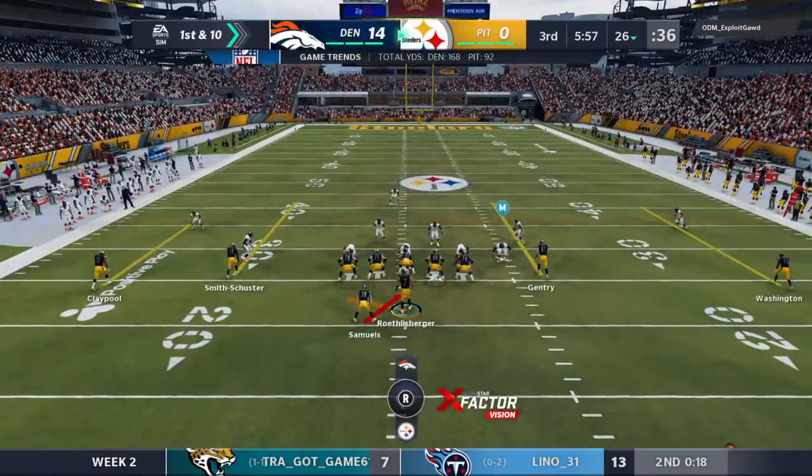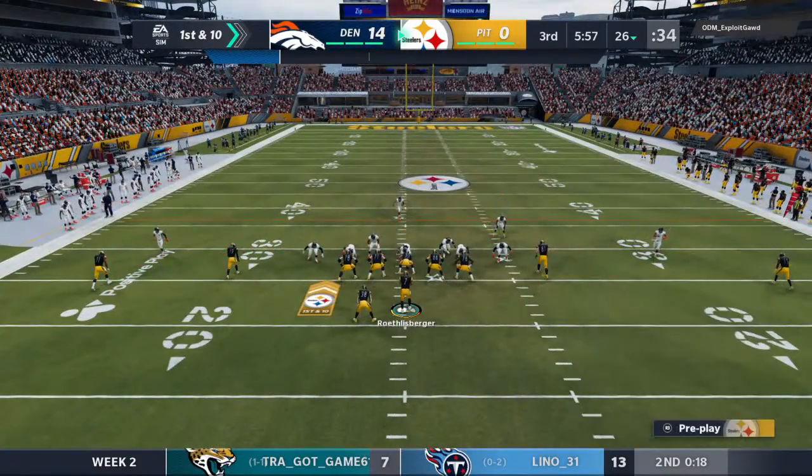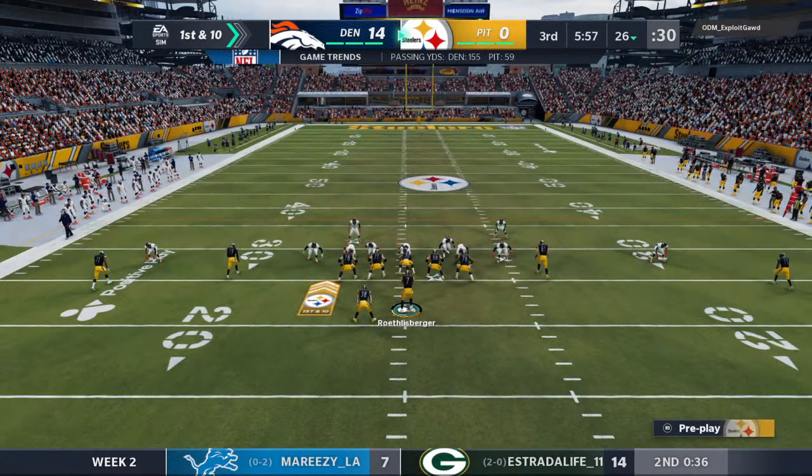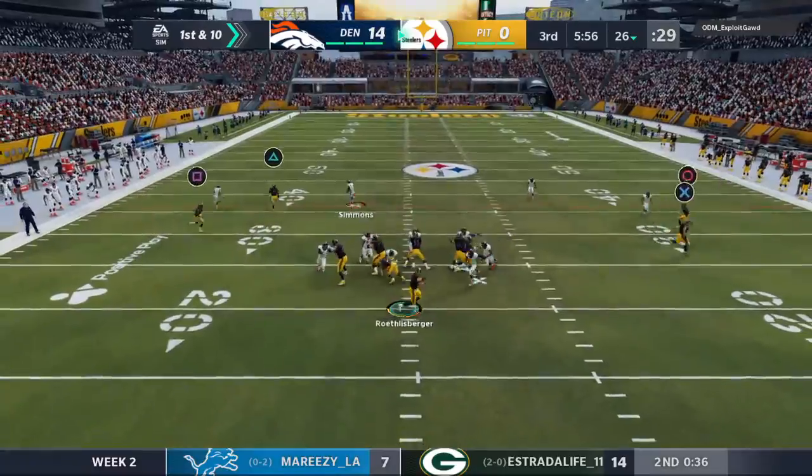The Steeler offense here about ready for their next drive. They come out here with a 0 on the scoreboard. What was said in that locker room? That's what I want to know. I would love to have been in there because...